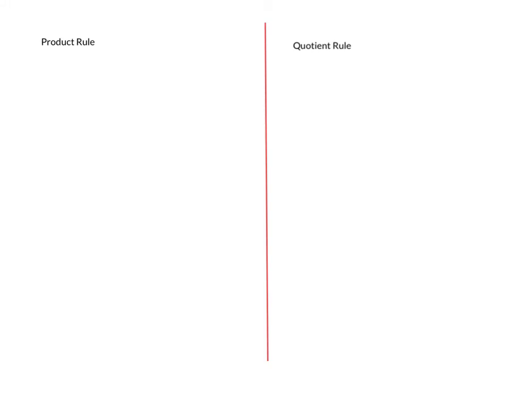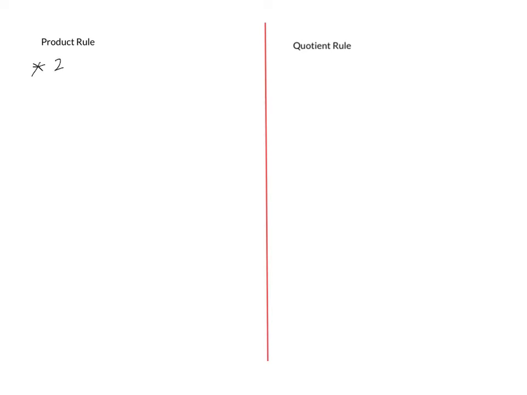So we are looking at tab 2.3 in our foldable, and we are above the fold, okay? And today we're going to talk about the product and quotient rule. The product and quotient rule are used when our regular power rule rules kind of fall apart and we meet certain criteria. The criteria we need to meet for the product rule is that we need